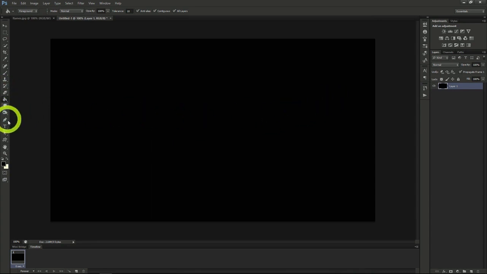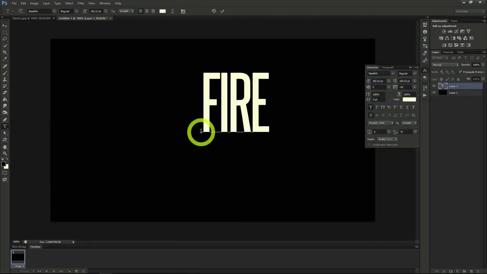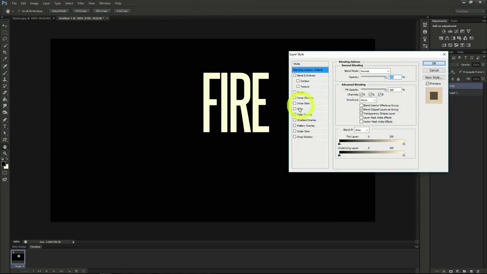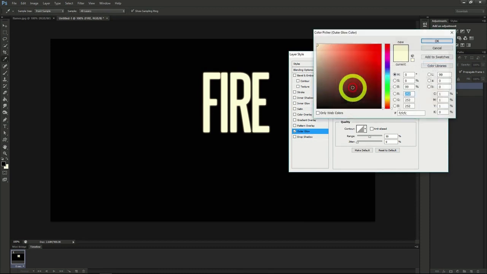Use the Text tool next, and a great tall font. I'll type the word fire here so we can see the effect on it later. Let's go to the blending options on our layer and add an outer glow. Change the color in the box here to